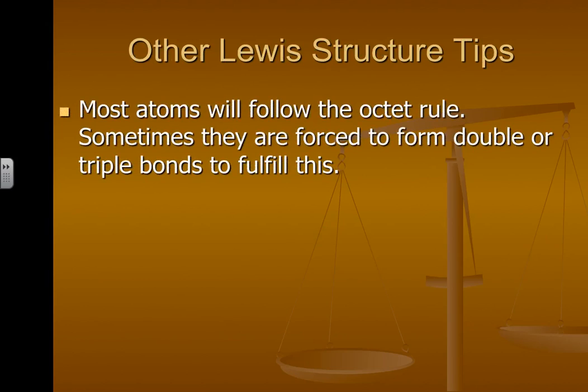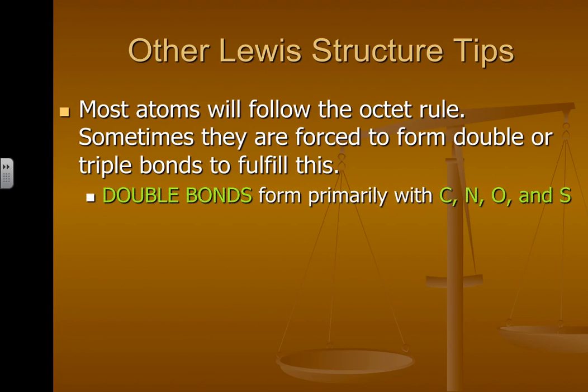For instance, tip 1, most atoms will follow the octet rule. They will sometimes be forced to form double or triple bonds to do this, but they will follow the octet rule. There will be a few exceptions to the octet rule in the next video lesson, but the majority of atoms follow it. Just so you're also aware, double bonds will usually form with the atoms listed here: carbon,